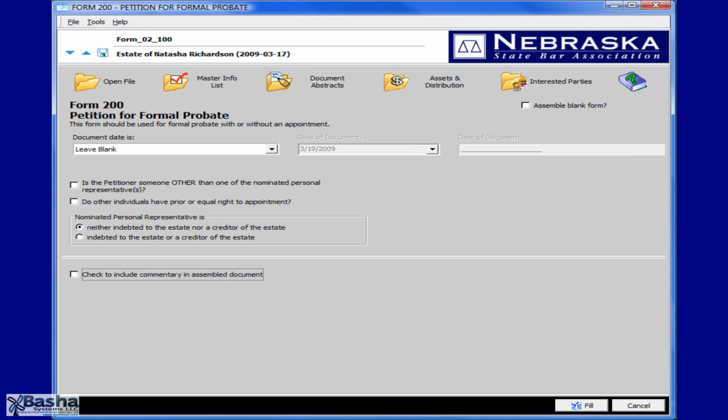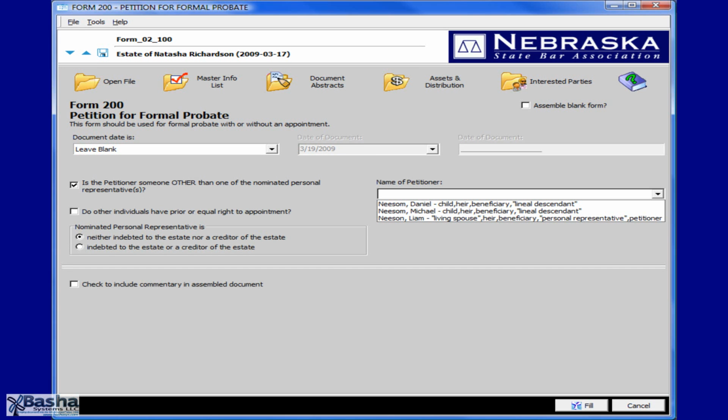Here you have a somewhat unusual question. This asks, is the petitioner someone other than one of the nominated personal representatives? If your petitioner is your nominated personal rep, it is not necessary to check this box. That nominated personal representative will come in automatically. If, however, your petitioner is someone else, you may check this box, and a new drop-down field will appear. All of the interested parties in your case will appear in that field, and you may select one of them